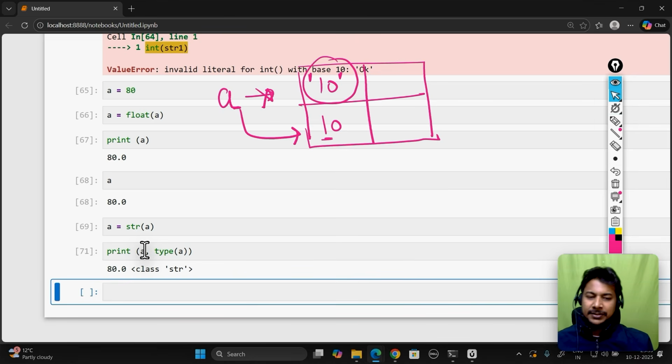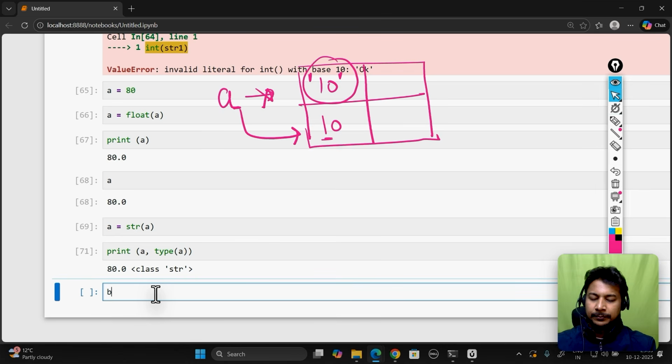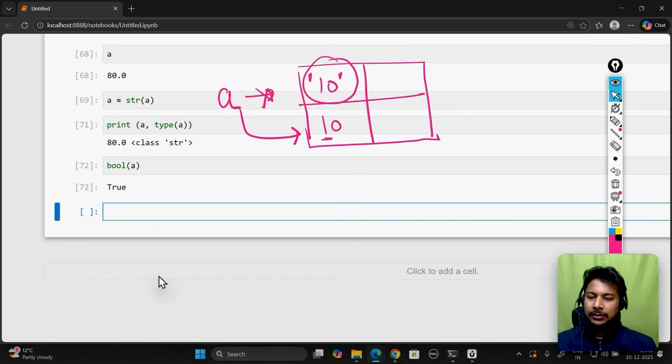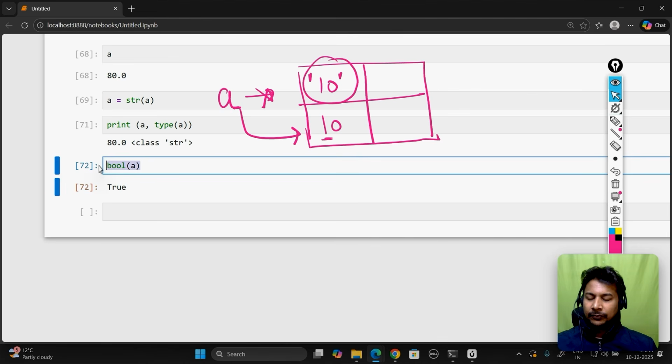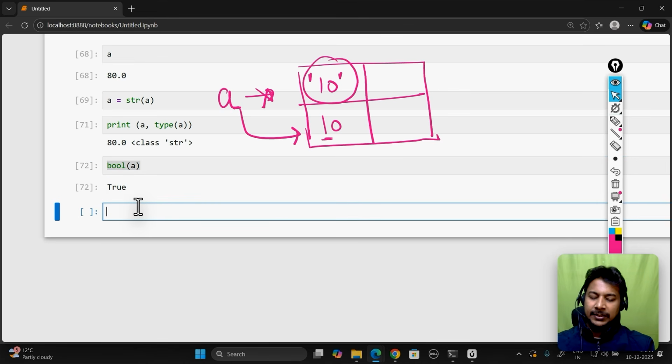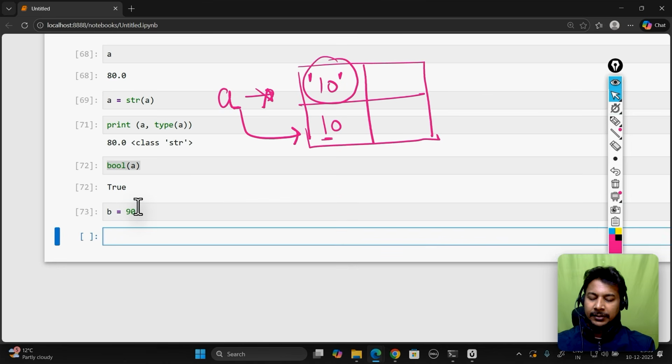It's a string type. Okay, and boolean value, bool of a, true. Boolean value returns true or false. So consider if we have a equal to, b equal to 90, and bool